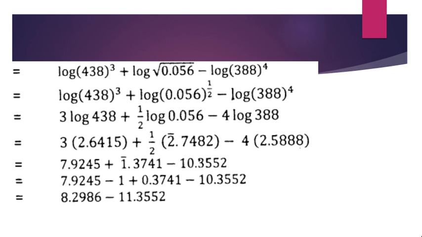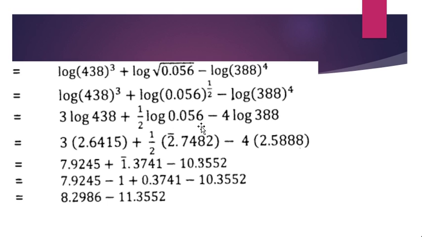After that, how to calculate this log? Look over there, 438. I told you how to write this in the form of index notation. In the form of index notation, it becomes 4.38 into 10 raised to power 2. So that 2 will be your characteristic. So we will write 2 point, and then the value of 4.38 we will calculate in the log calculator. We will find the log of that value, that will be equal to 0.6415.